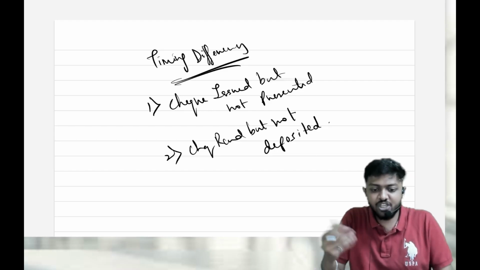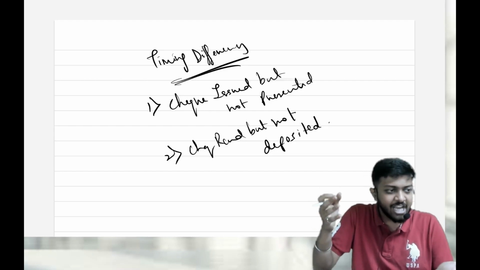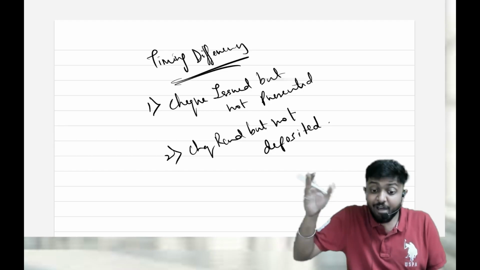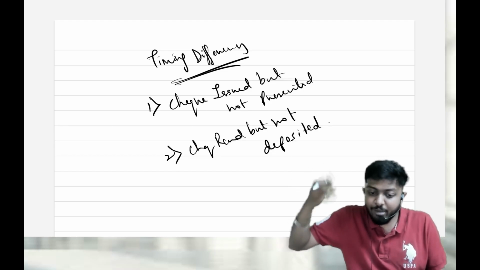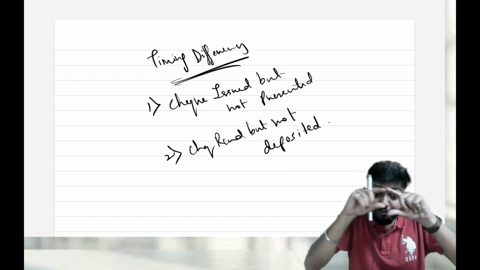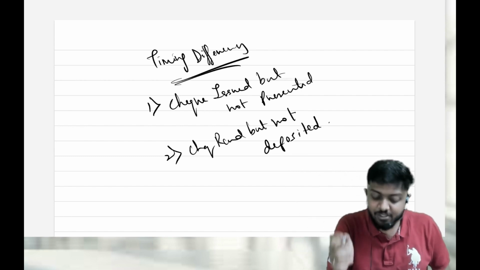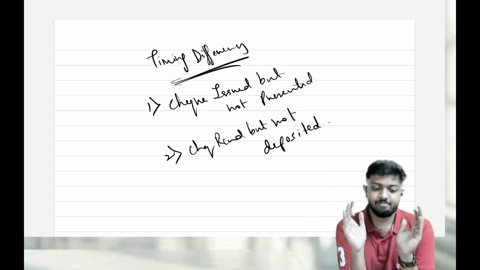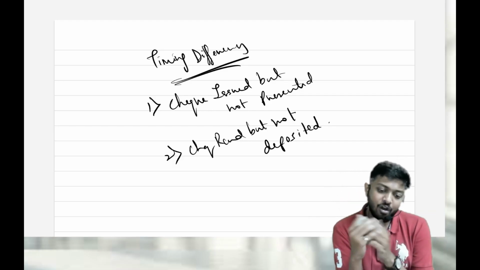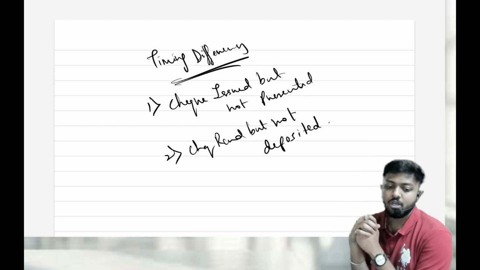First I issued the check, from the cash book the money went, but from the passbook the money has not gone. After 3-4 days, he presented it, now the money will go, and both become equal. But for 4 days there was an imbalance, that's why it's called a timing difference. For a particular time you'll have a difference. After that time has gone, of course, your records will match.